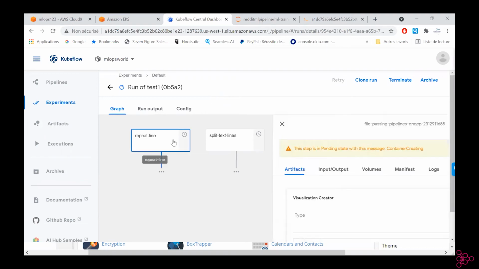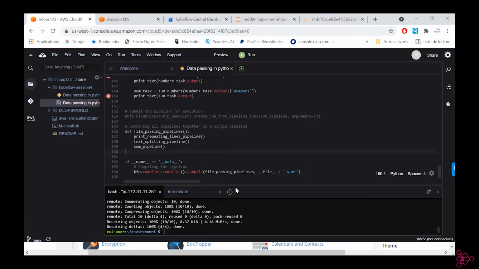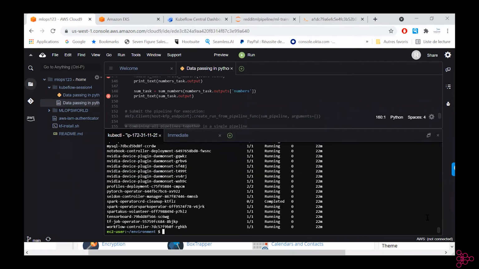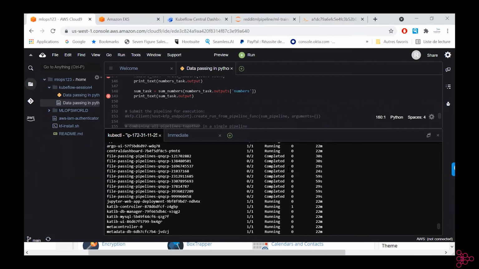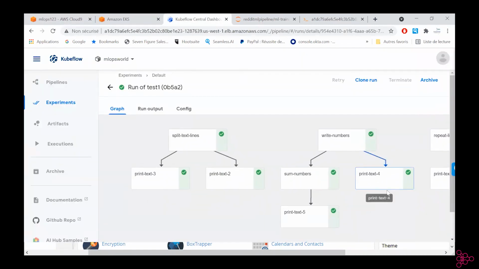So why it takes time is just that it's starting a pod. When it starts a pod, it starts on Kubernetes. They are basically ephemeral pods that are started temporarily. You can see them here. So they start, they run, they complete the task, and then they're off. So just initiating one can sometimes take time.